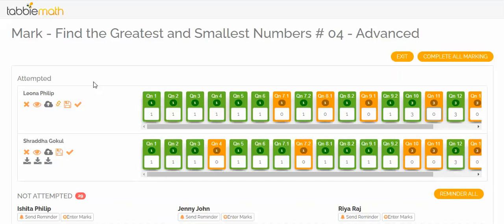There are 2 ways by which a student can share their working with the teacher. One is by uploading of files. So they can take a picture of their assignment using their phone and then they can upload the file into the system. Any file that is uploaded by the student is visible to the teachers. As you can see here, this student has uploaded 3 files.